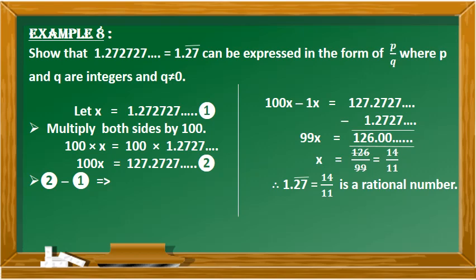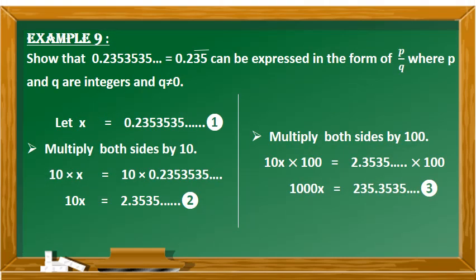99x is equal to 126. So x is equal to 126 by 99, where it gets reduced and both the numerator and the denominator are divisible by 9, and it gets reduced to 14 by 11, so 1.27 bar is equal to 14 by 11, a rational number. Example 9. Show that